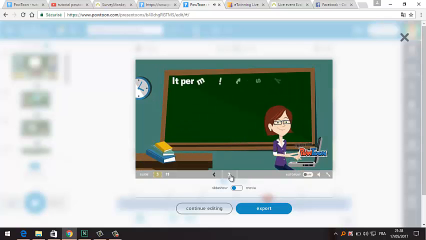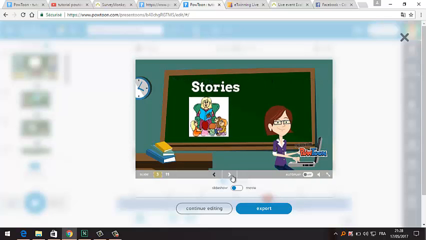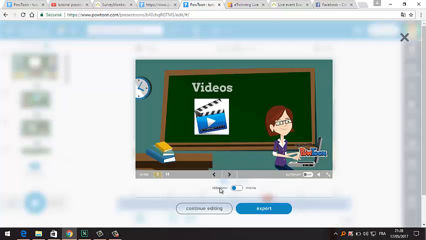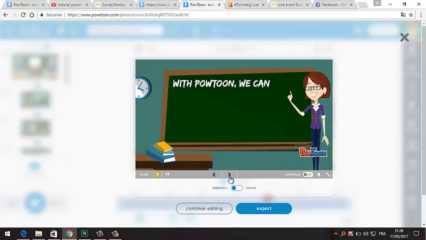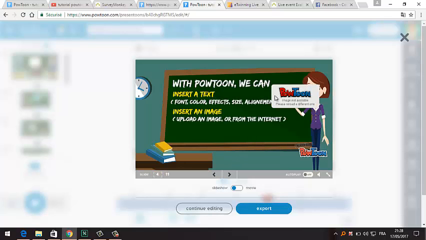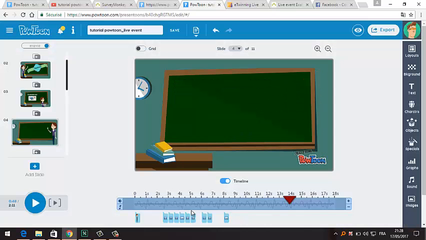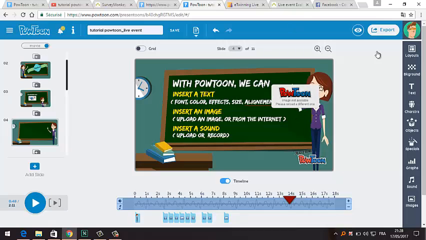You can click to make the sound mute. You can make your video as a slideshow, and you have to click manually to move from one slide to another, not automatically. Then if you have any problem or anything like this image, you can continue editing to make your tutorial better. Okay, so then